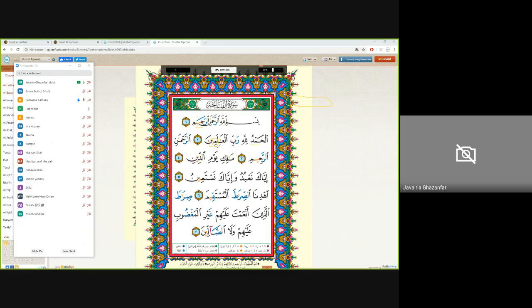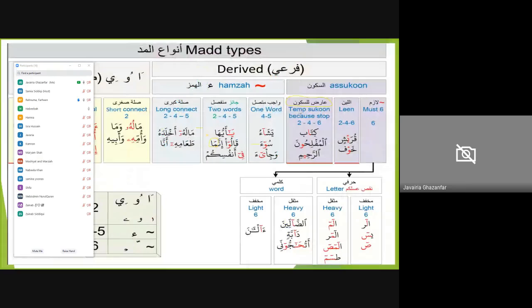Excellent. Very good. So if you're stopping here, you're going to put a temporary sukoon here, and that makes it mad arid lis sukoon, because you're making a temporary stop here. So how long would you like to keep it in your recitation? Rahim and Rahman. You want to keep it long for 2, so can you recite that?